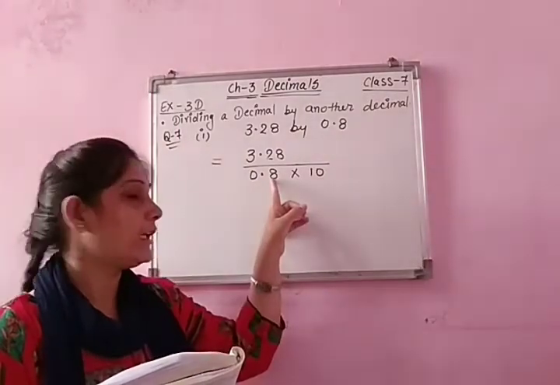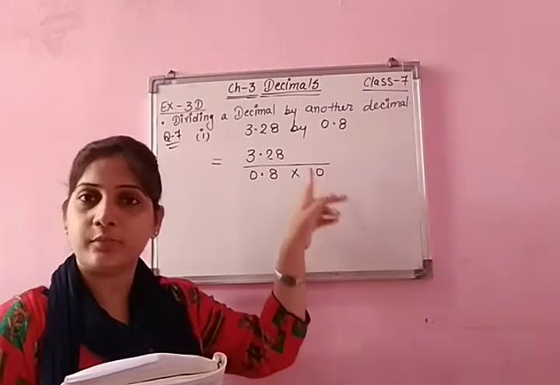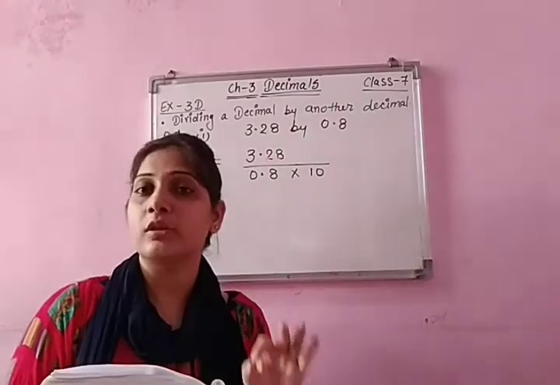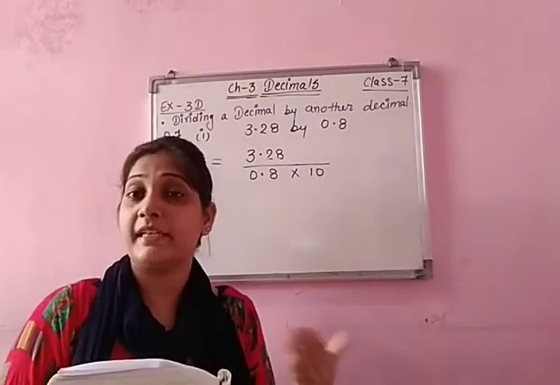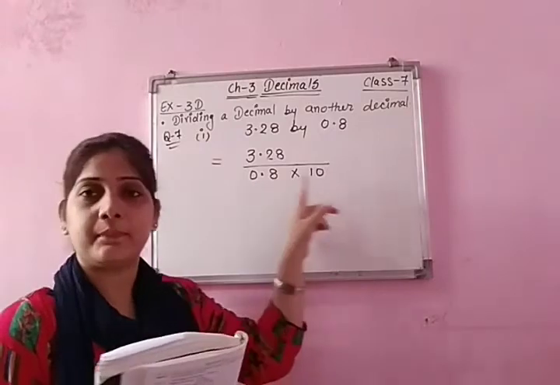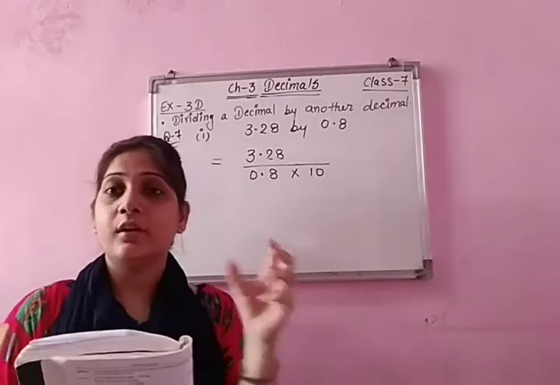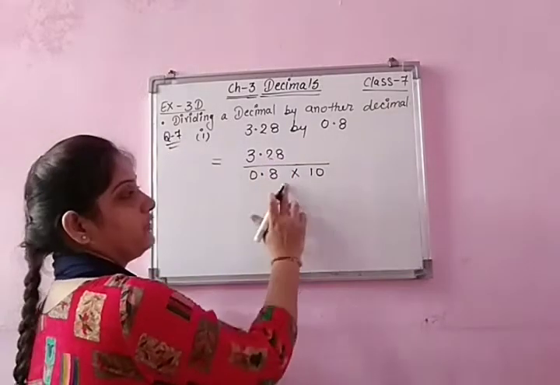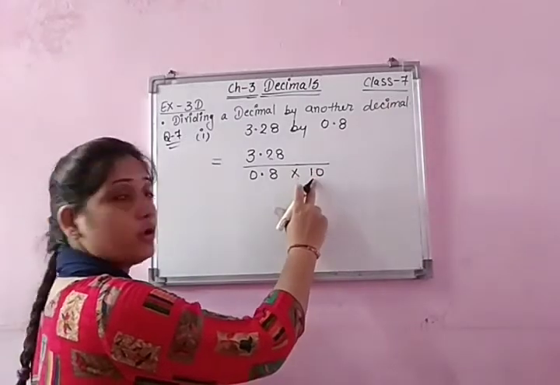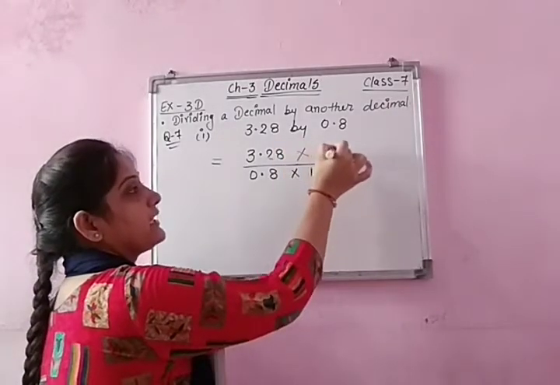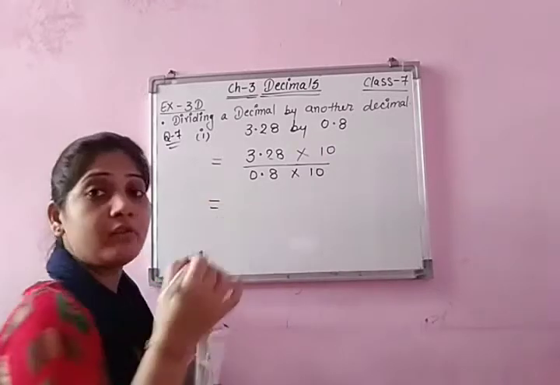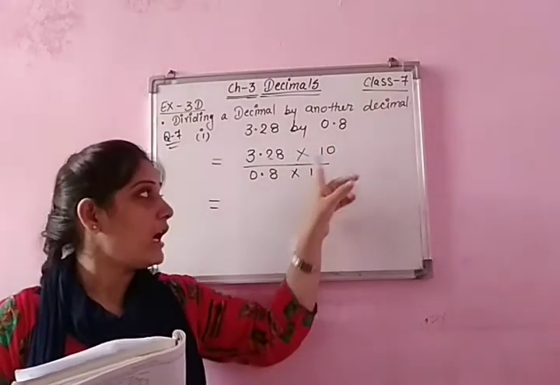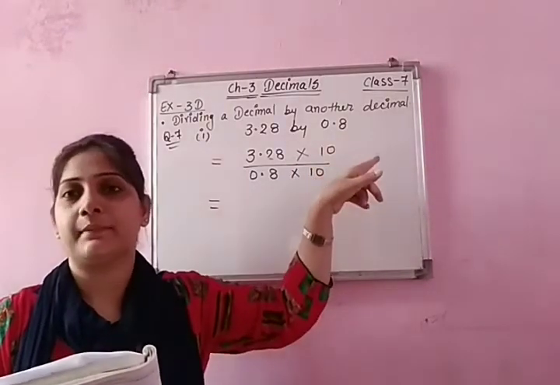If suppose there were two digits, I would need to multiply it by 100 to remove its point. Actually, our purpose is to remove the point from the denominator to make it a whole number. So if there is one decimal place, we have to multiply it by 10. Now here we are using the concept of equivalent fraction. First check the denominator. If the denominator is multiplied by 10, let's multiply the numerator also by 10. Don't think there is a 2, so we have to multiply by 100. According to the denominator, you have to multiply the numerator.